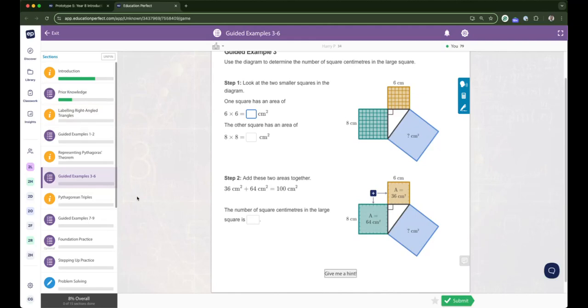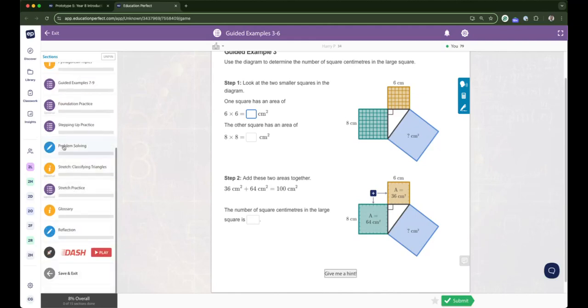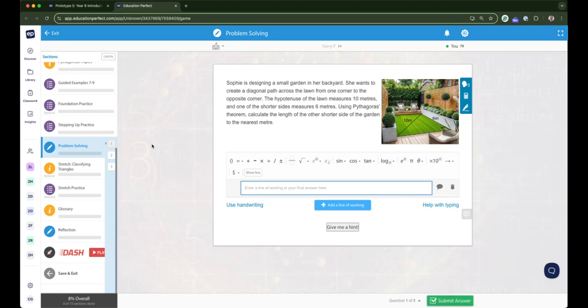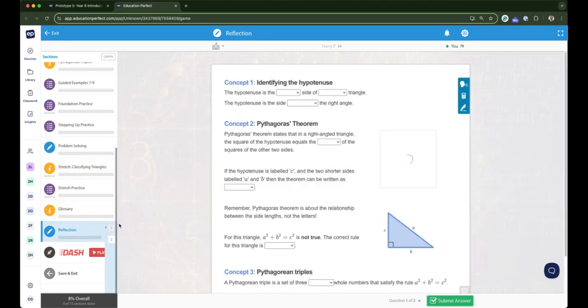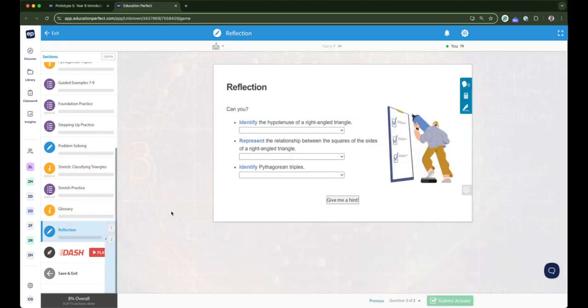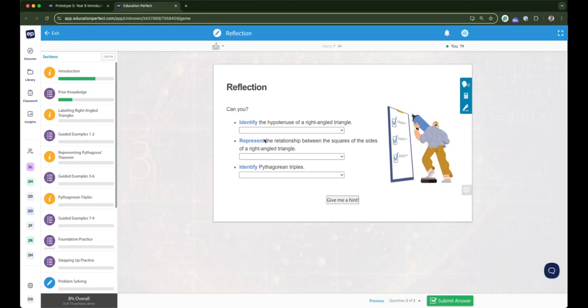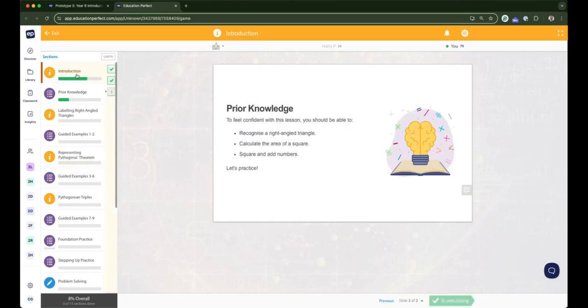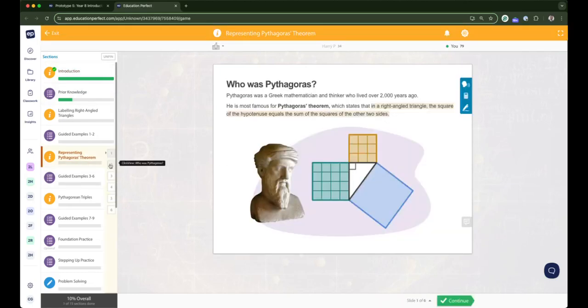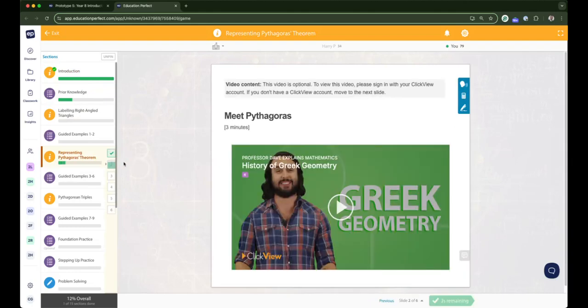We've got easy, medium and hard questions, so it's going to go all the way through to problem solving level questions that we'll jump into in a second, and then we're going to reflect on all of the learning intentions and success criteria at the end of the lesson and check that they actually understand them, so they'll answer those questions themselves. In addition, we've got some great interactives along the way, so things like the video tutorials or